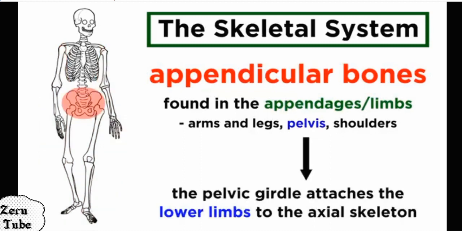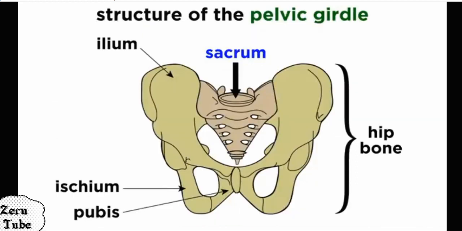The other parts of appendicular bones are pelvis bone. So the pelvic girdle attach the lower limb to the axial skeleton. Like that of appendicular girdle, the pelvic girdle attach the lower limb to the axial skeleton. pelvic girdle lower limb ከአግዚያል skeleton ጋር አታች ያደርግልናል። Let us see the pelvic girdle. The pelvic girdle is formed from sacrum and hip bone. sacrum እና hip bone ነው ፎርም የተደረገው።